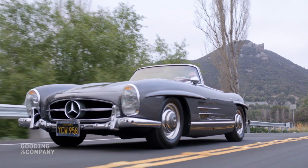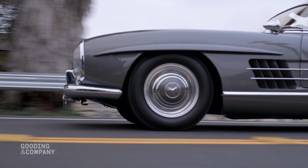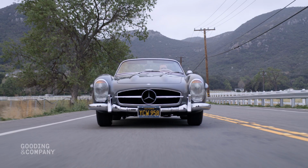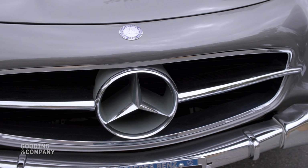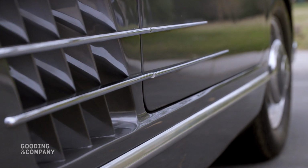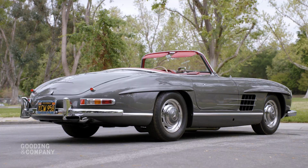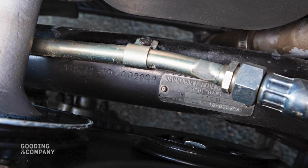Mercedes-Benz 300 SL Roadster is one of the finest sports cars of all time. A perfect combination of advanced engineering, elegant styling, and exceptional build quality. Derived from the famous gull wing, the Roadster was an altogether more refined and approachable car, better suited for most drivers, yet extremely capable. Unlike the gull wing, which was relatively standardized, the Roadster was continuously improved through its production